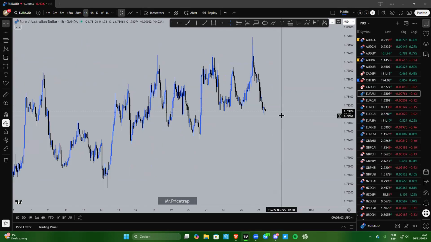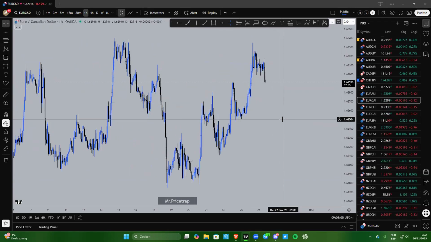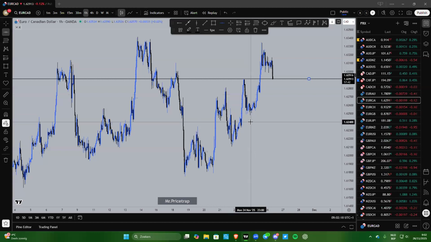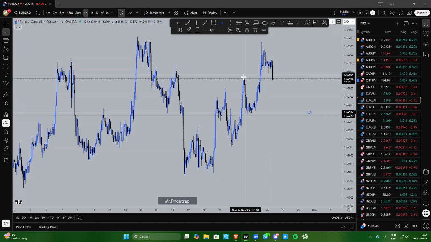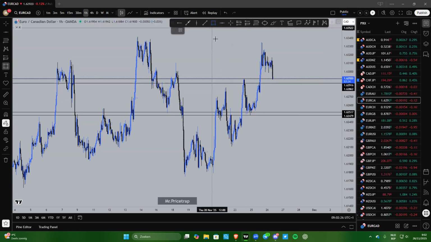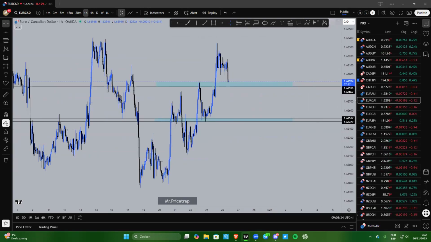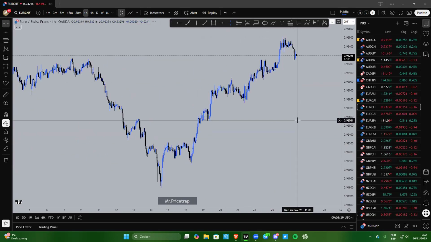Euro Canadian. You could follow that move. Like we've talked about this in the beginning, the breakout retest. So now we have another breakout and another retest. Let's see if we can follow this one. There we go. Let's give this an orange flag because it does need to go